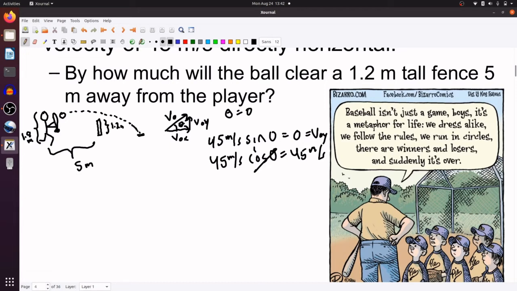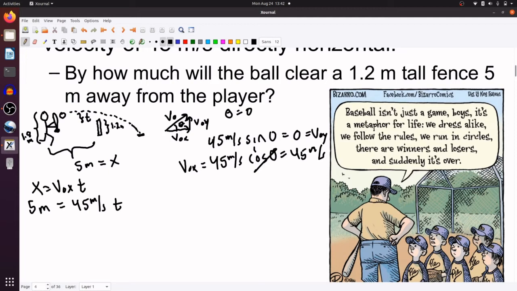Since I know my x and my v naught x, I can use x equals v naught x t to get the time it takes to drop this little amount, this y, to see how much it's going to clear the fence. So 5 meters equals 45 meters a second times t, and you take 5 divided by 45 and you get